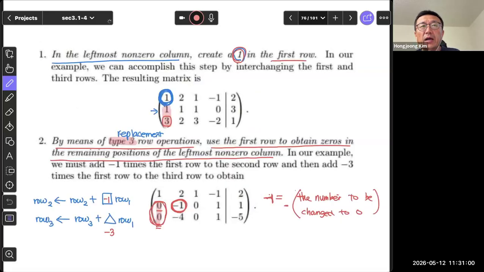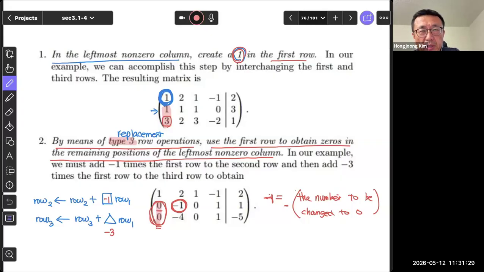So if I interchange the first row and the third row, then this is what you get. But this is not the only way to perform this operation. You may interchange the first row with the second row instead of the third one. Anyway, once you have one in the first row, first column, by performing the replacement operation,